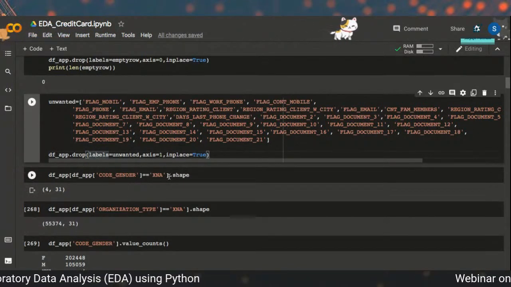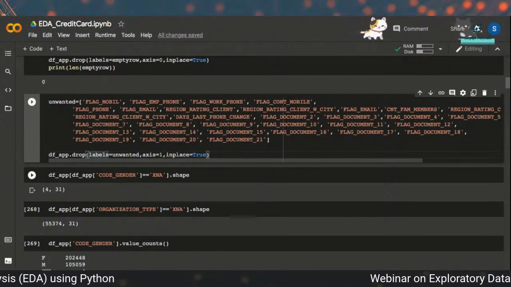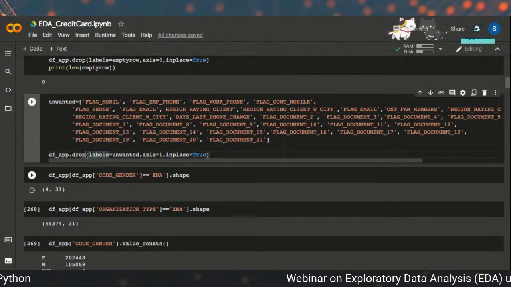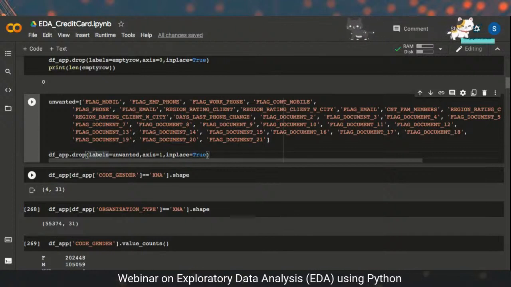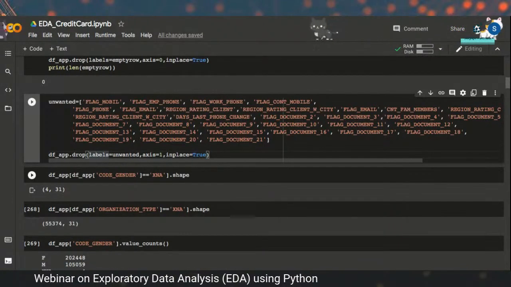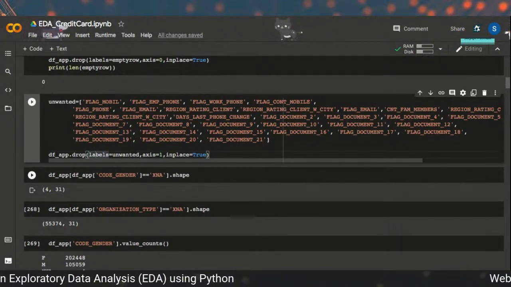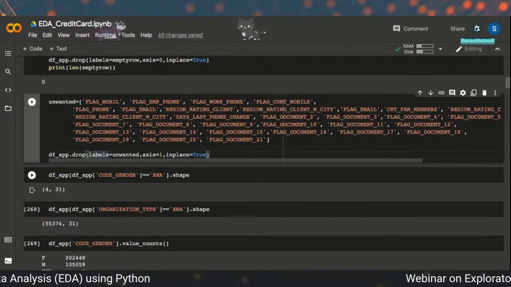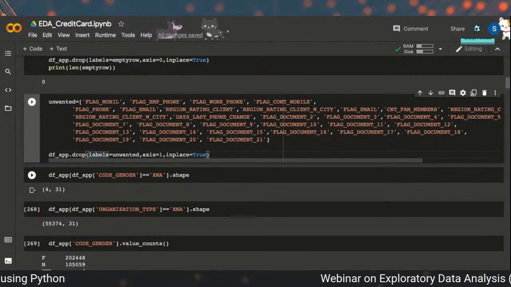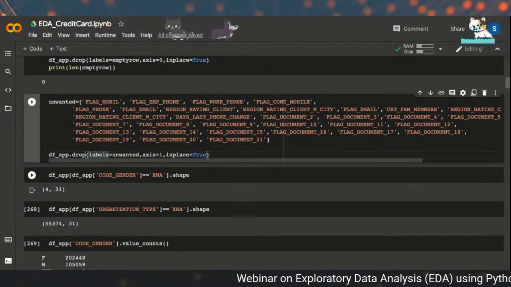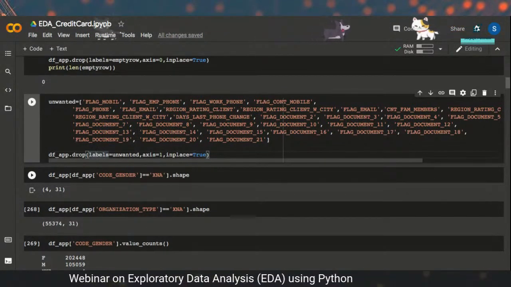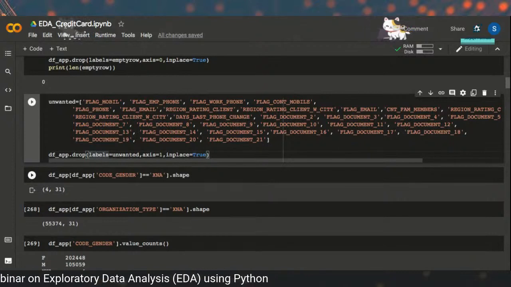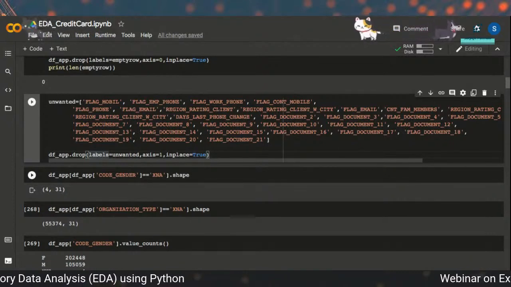And now in the next step, we have this XNA value. What this XNA value signifies is that it's not available, which means we need to find the number of rows and columns and then implement a suitable technique on them to fill those missing values. Or if we do not want to fill them, then you just drop them again. For that, you actually need to find, now since XNA is not 1 or 0, it's obviously not numeric, it is categorical. So we need to find how many of those are